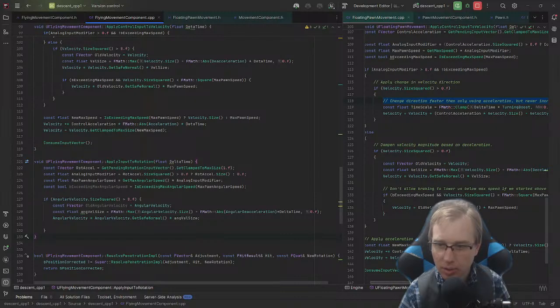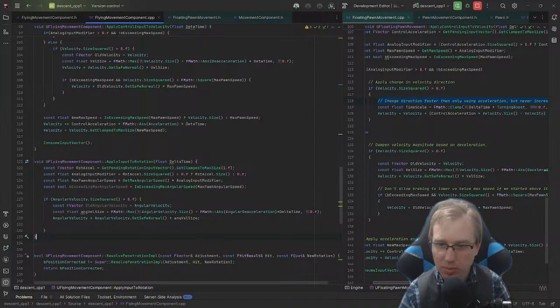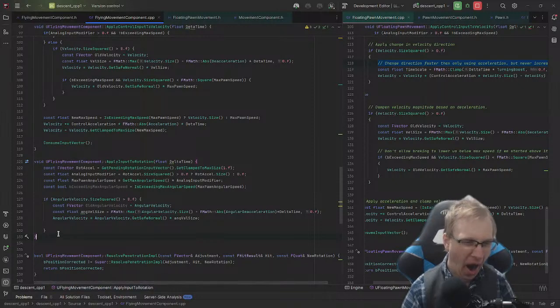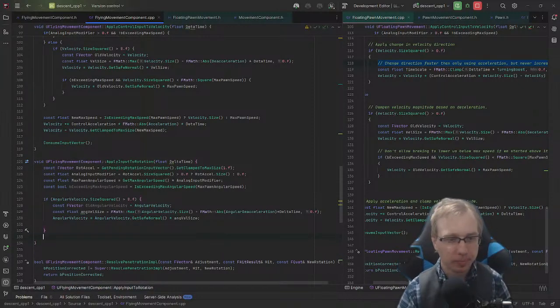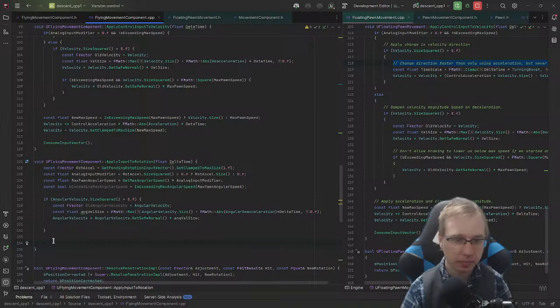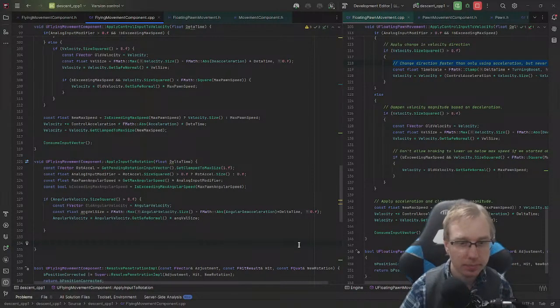If we are exceeding max speed and we are less than max pawn speed, we stay there. And I don't know why. I'm not sure why you would want that. Oh boy. So basically, if we